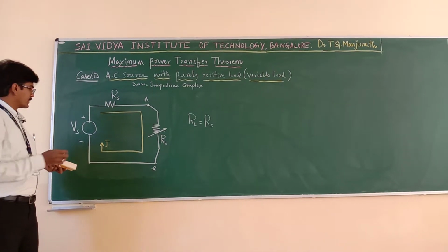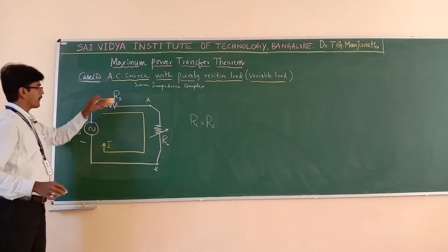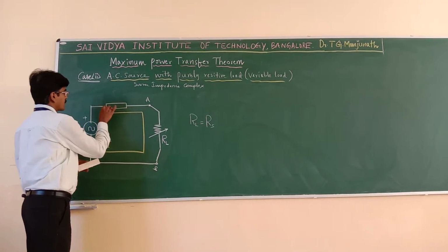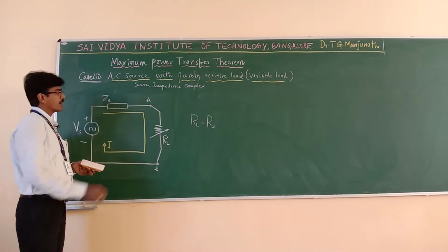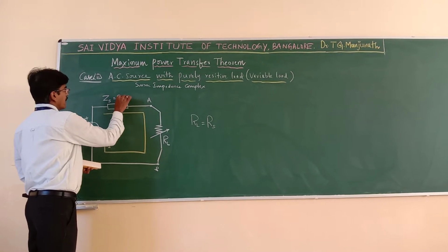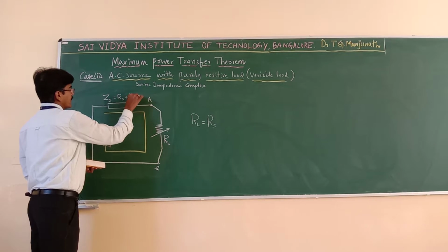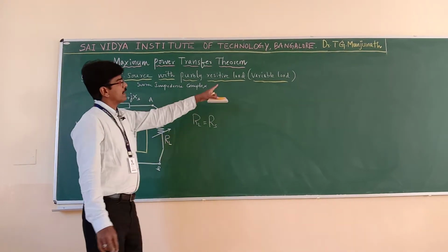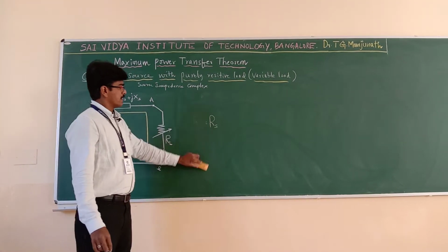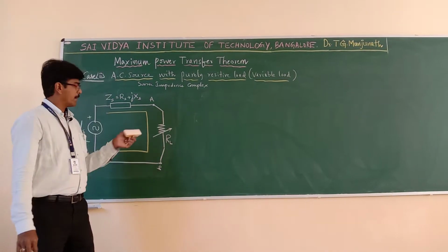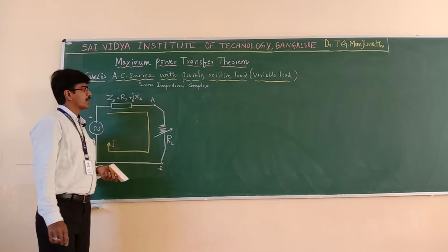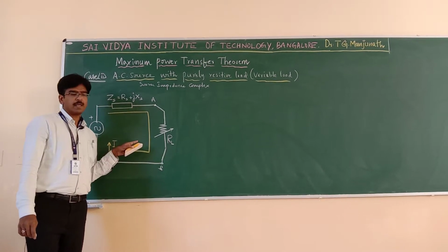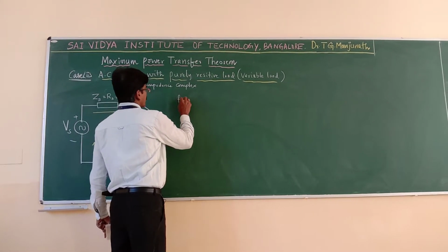Now, how to represent an AC source? Just write the AC symbol, and since it is an AC source, I am going to consider the impedance for the source. The impedance is ZS, and it is complex, therefore I write RS plus jXS, and the resistive load is the same and it is a variable load. Let us now derive the condition for maximum power transfer for this case. Since I want the equation for power, I should first find the current. So, from the circuit,